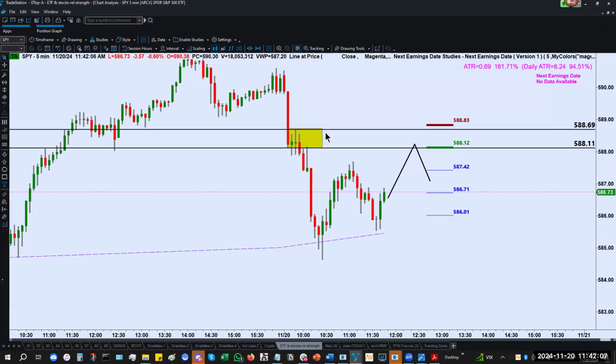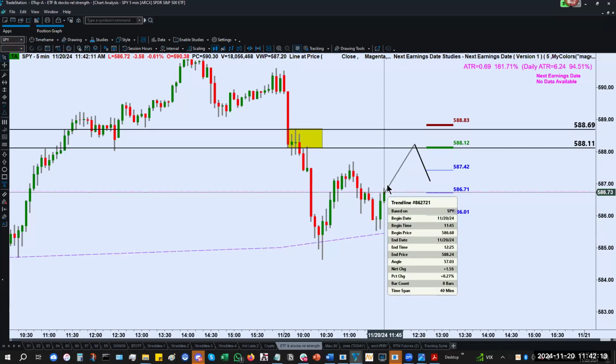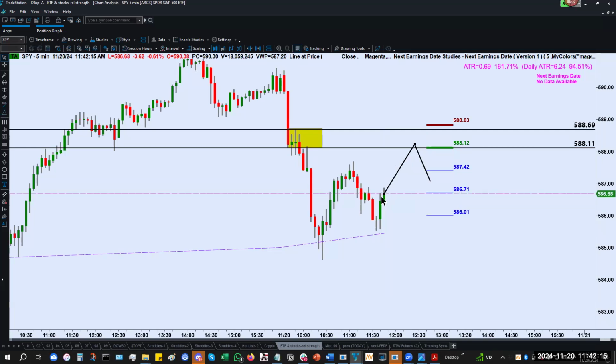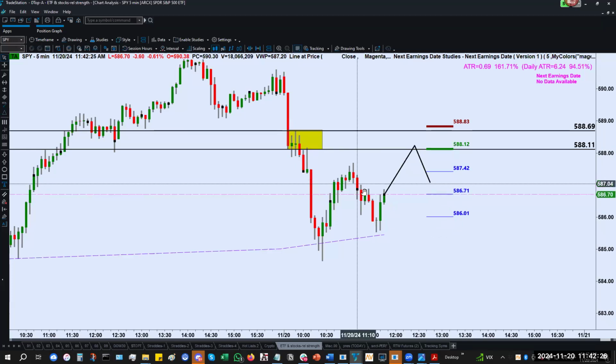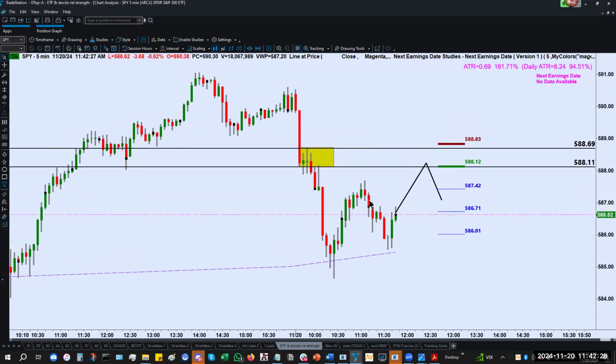So I kind of like this for a 5-minute setup. But again, we have to wait for price to return here, and as a result, one has to be patient. So that's the thesis for the trade. And I'm just looking here, and the alternative would also be,